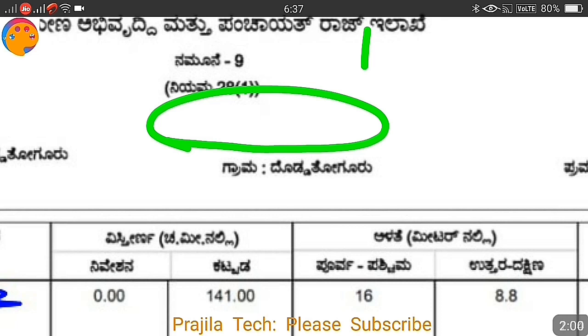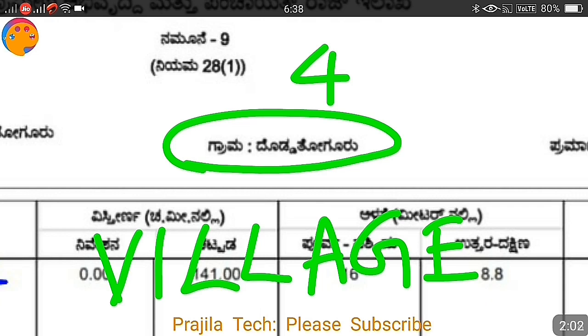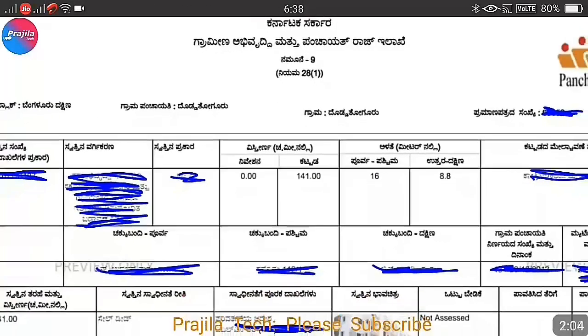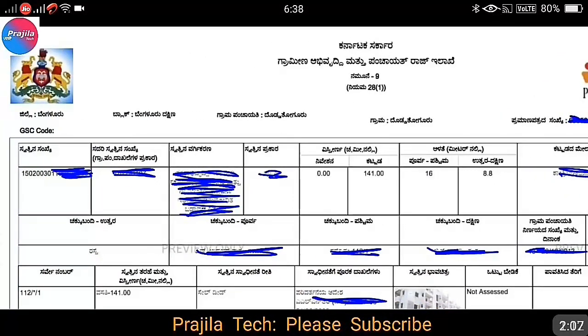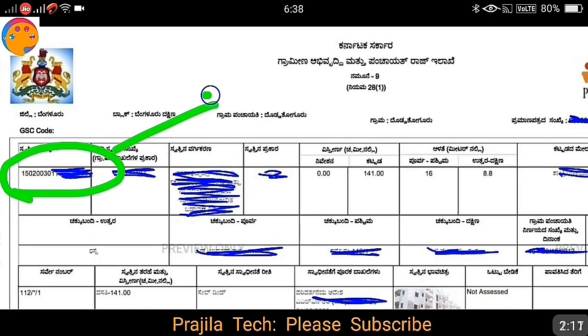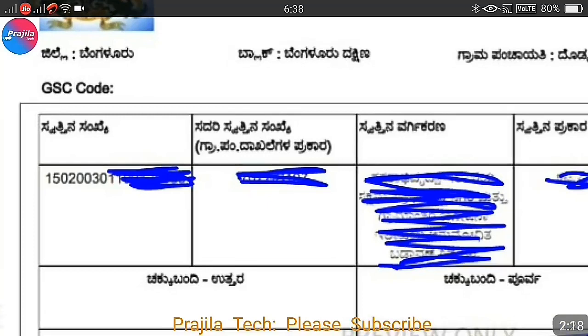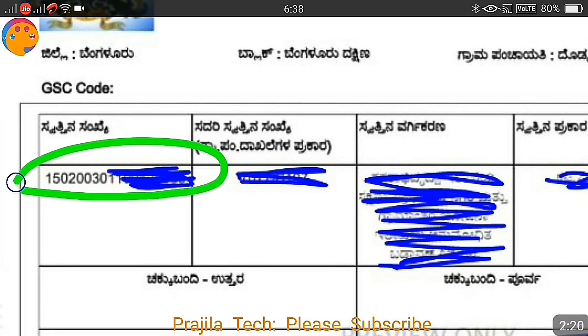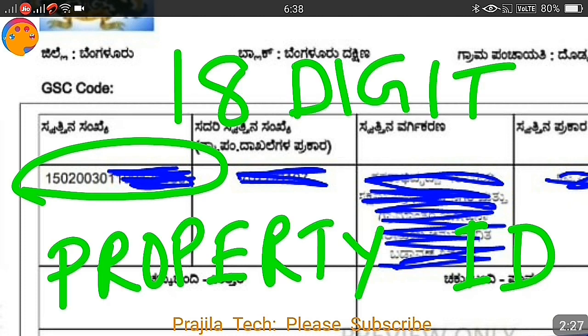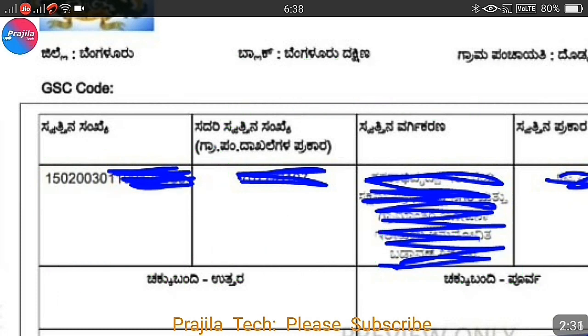If you do not know how to read, please take your friend's help. You can mail us your details. We can also help you with anything if you need. And the fifth one you need is this one, the left top corner. This is your property ID. As you can see, I zoom in and show you. I am not showing you the complete property ID, it's a private khata. As you can see, this will always be an 18-digit property ID. Okay, so these 5 points you need before filling the tax online.